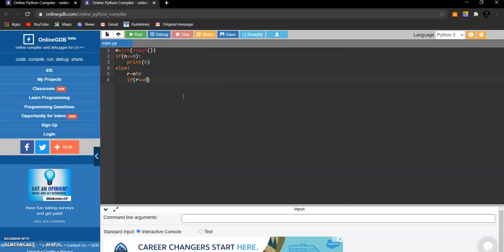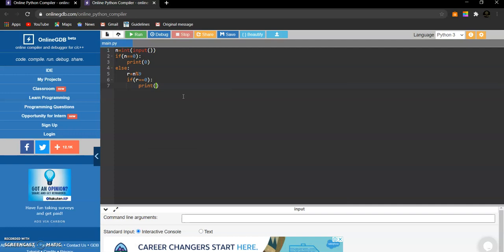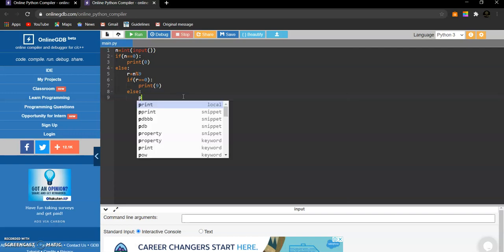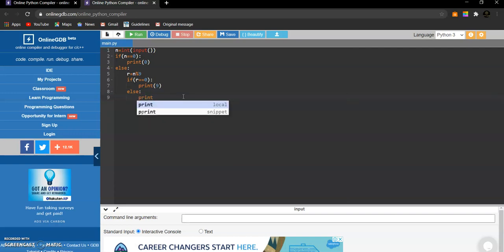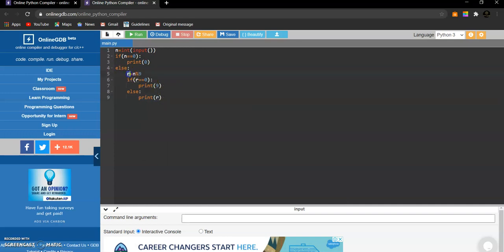So whenever r is 0, we'll print 9. Else we'll print the value present in r.